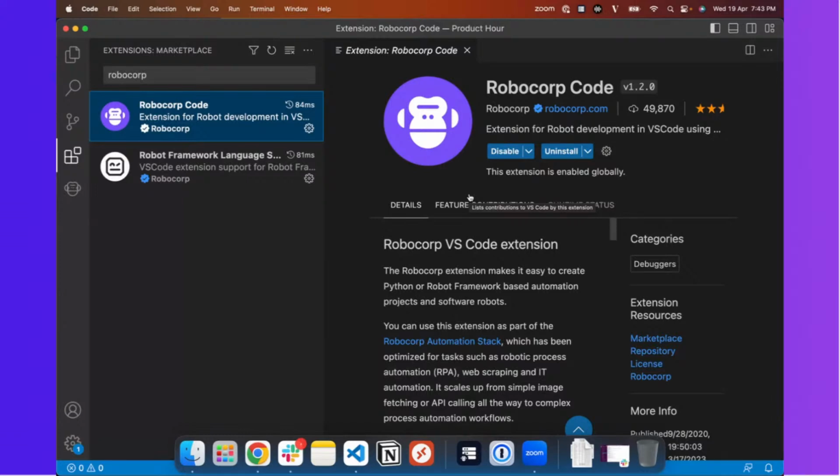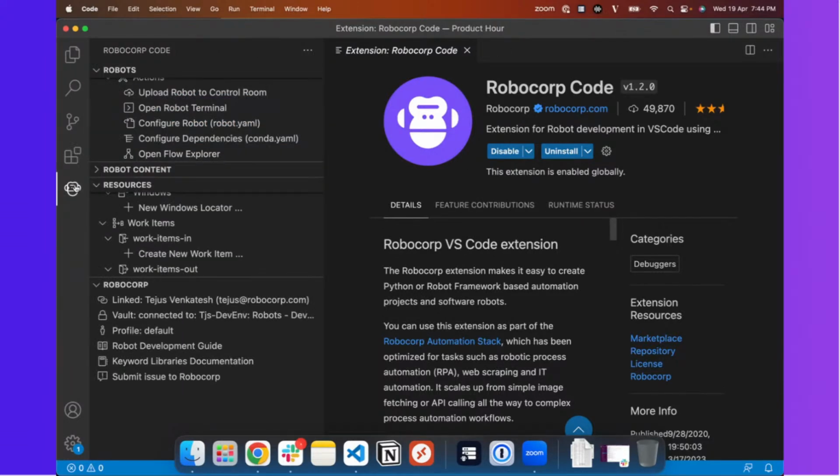How do we build them? With IntelliSense, some code completion. How do you get the documentation? How do you understand the keywords? But also with some of the widgets like the inspector tools, the ability to capture the locators, and also the debugging. How do you build the code while you are debugging so that you build quite a robust robot and build it efficiently and fast?